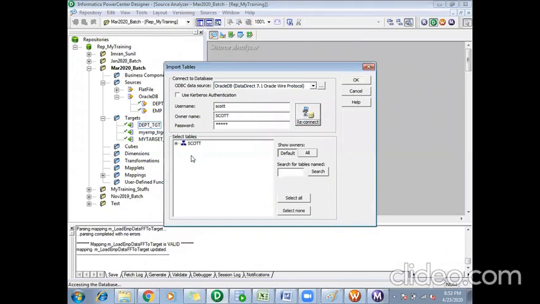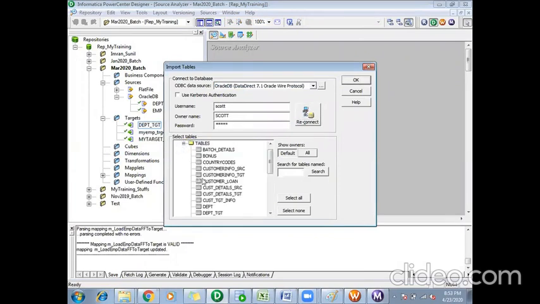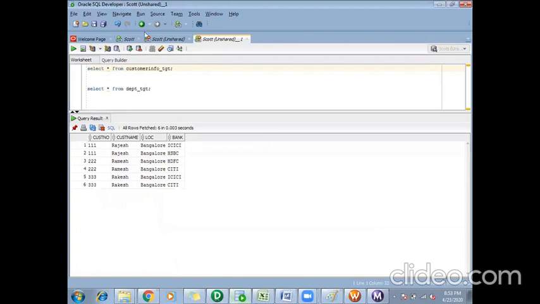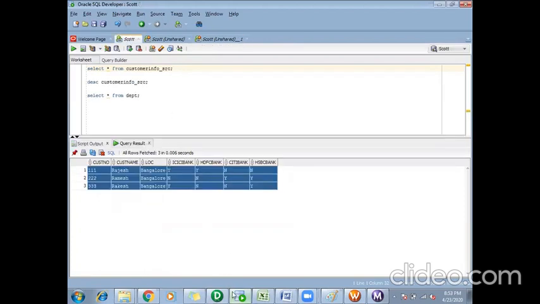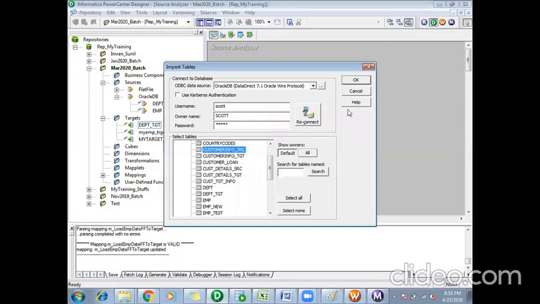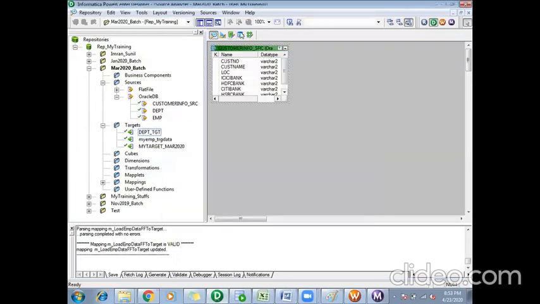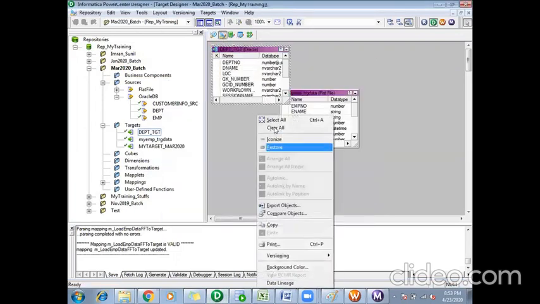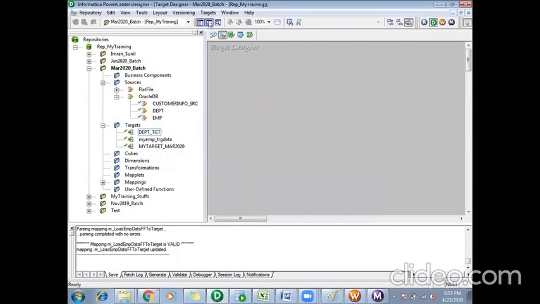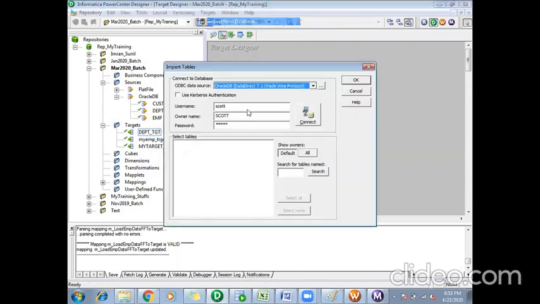You guys can create similar dummy tables, insert some dummy values and practice. What was the table name? It was customer info source, I guess. Yeah, customer info source. So this is my source. Similarly, I'll create my target.